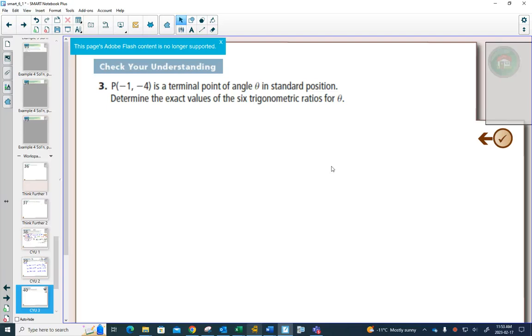Our last example for today will be example 3. And example 3 will touch on one of the key strategies that you will use in trigonometry. And when I write out the key strategy above, you'll be like, that kind of makes sense for trigonometry. A key strategy in trigonometry is